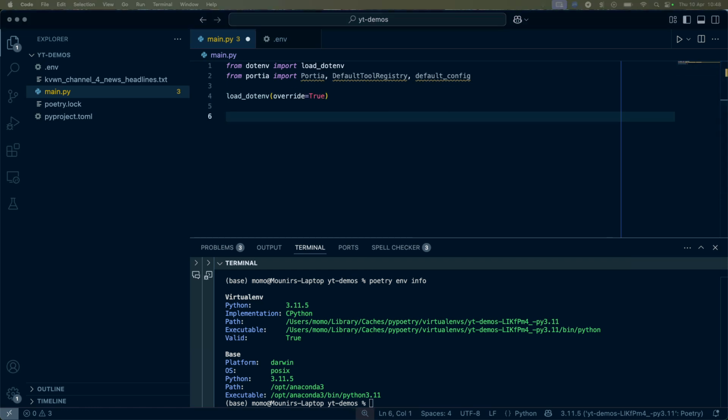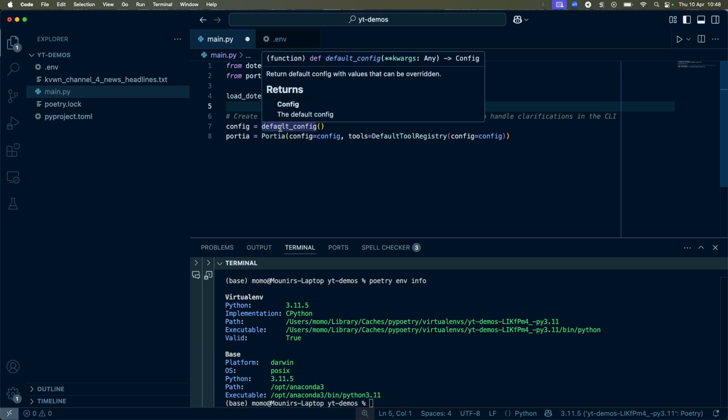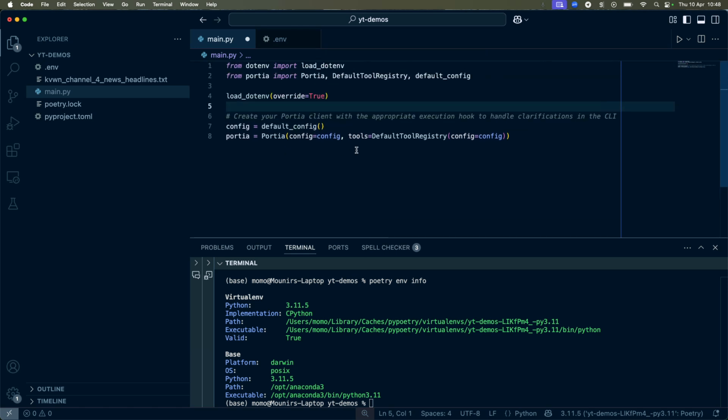But let's start talking about more Portia-specific abstractions. So the first thing I'm going to do, I'm definitely typing this fast and not copy-pasting from elsewhere, sarcasm, is we're setting up the config. Here I'm just going to use the default config, but in the config class of Portia, you can define